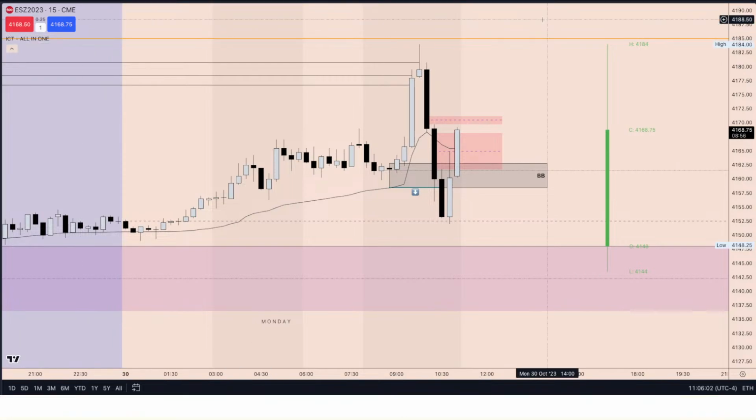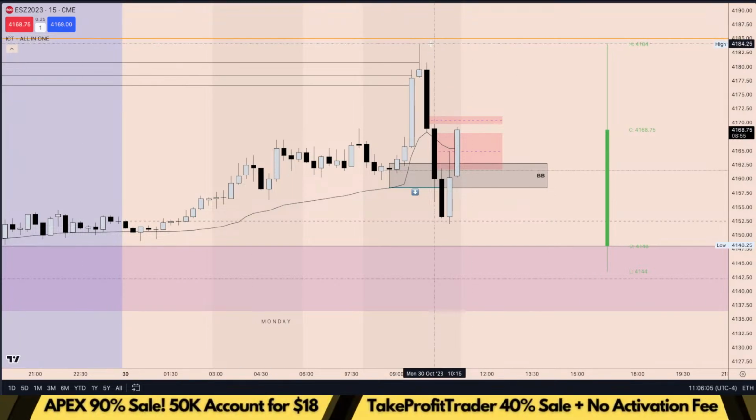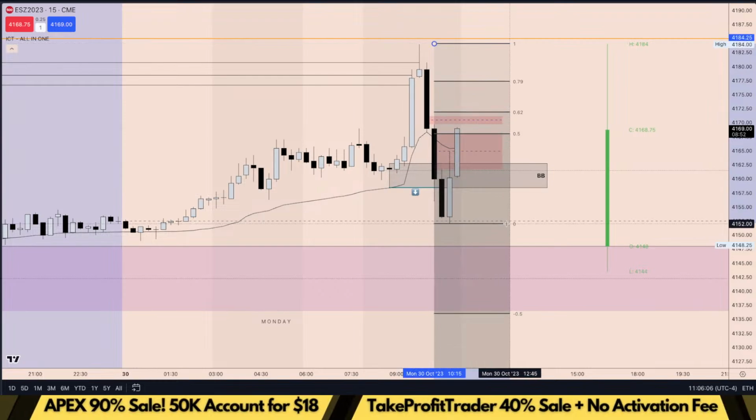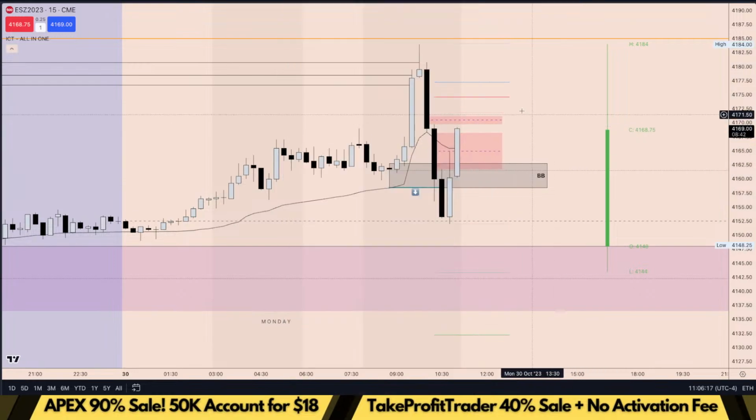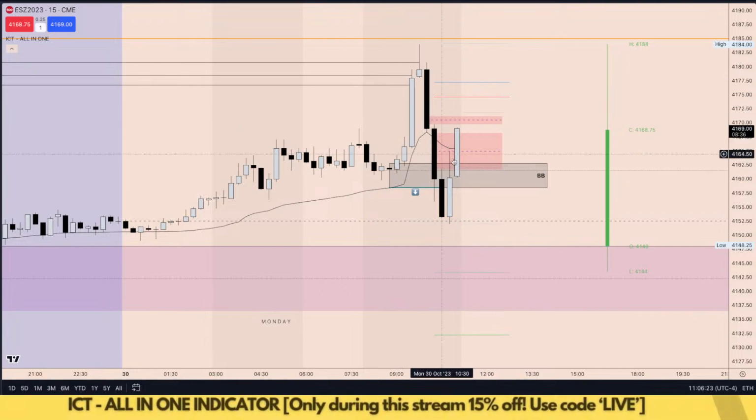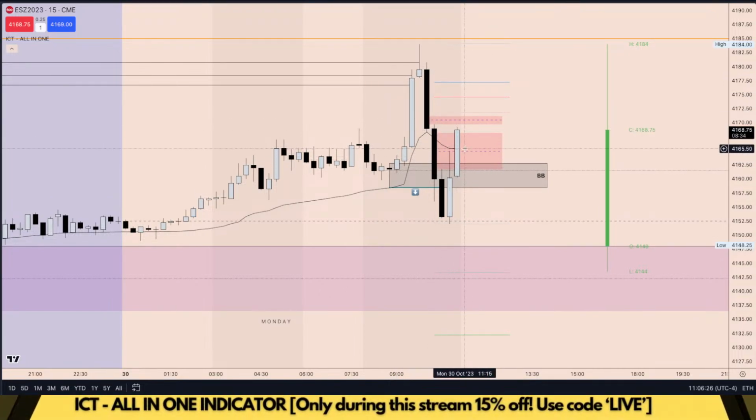Let's see, in terms of a pullback, we are already above the 50%. Let's see what we do around the golden pocket and optimum trade entry. Let's use the ICT fib retracement. Right up here we have our optimum trade entry. Even though I would prefer to reject from these lower areas, that's really what I would be looking for,